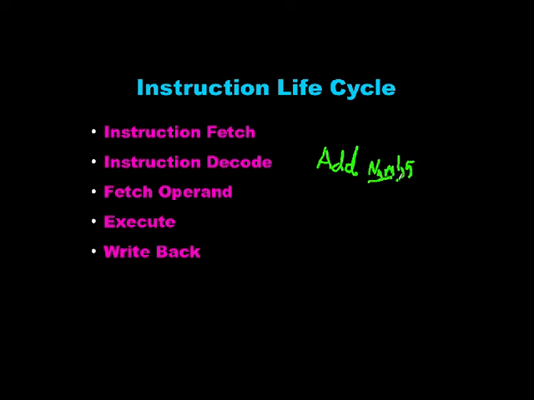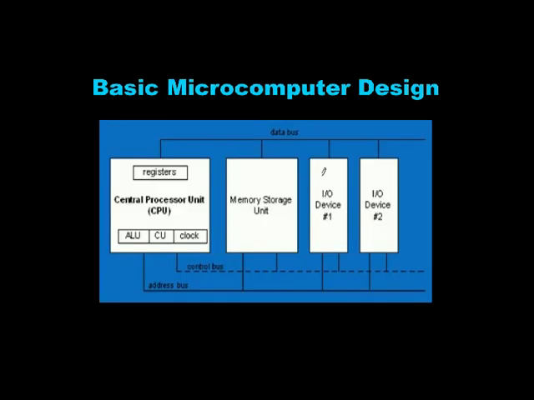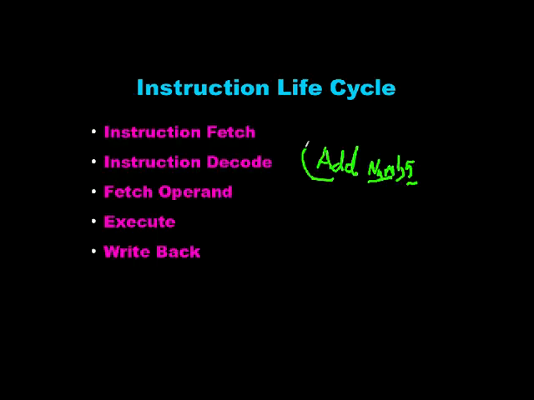Num1 is a memory location, 5 is a constant. So first we fetch the instruction, this instruction. We fetch the add instruction from memory and decode it. The control unit knows it's an add instruction. The control unit fetches the operands, num1 and 5, from memory and puts them in registers, and then